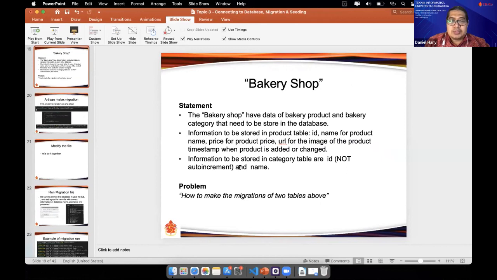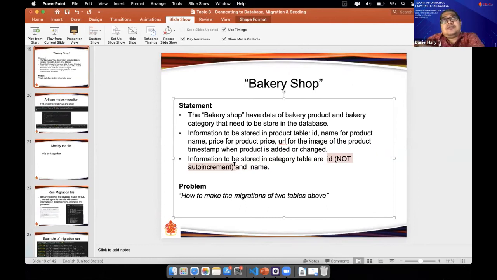Not auto increment because I think it will be used that way: if it is auto increment, we will get some difficulties when we create the seeding. If the ID is not created with auto increment, we can use the ID in the seeding correctly.